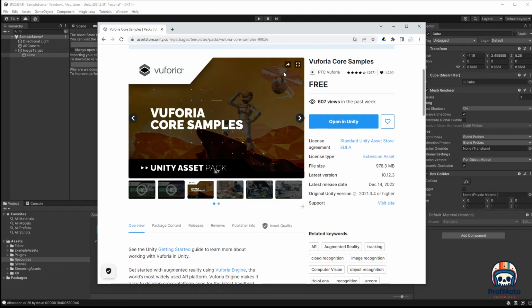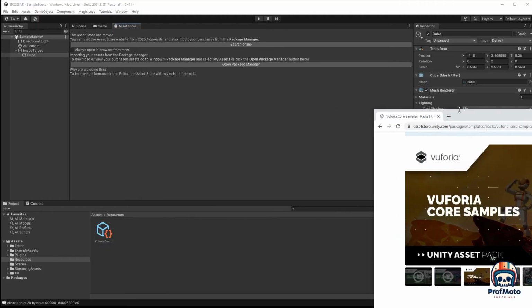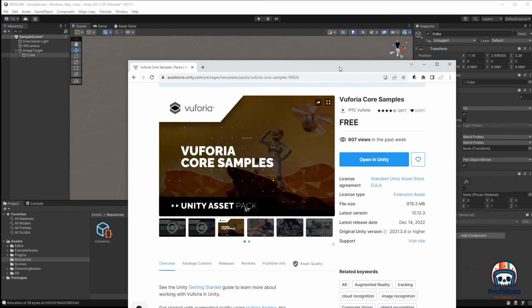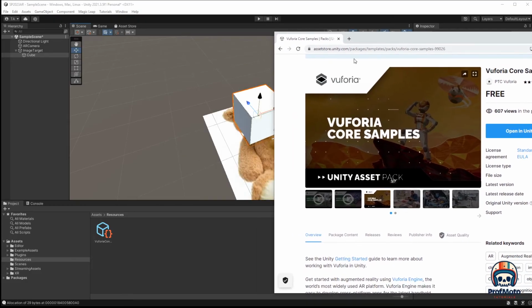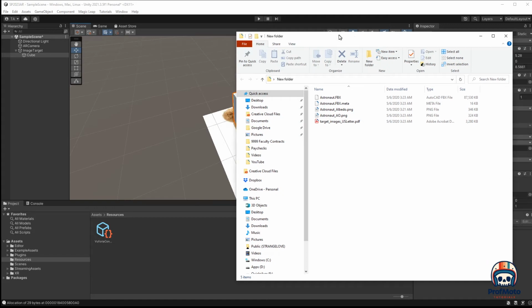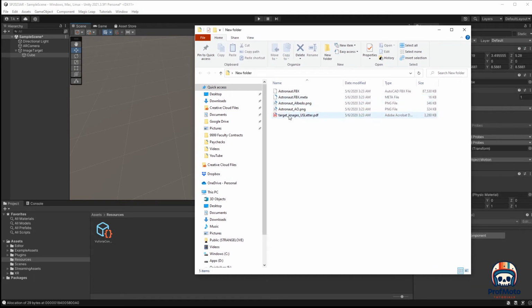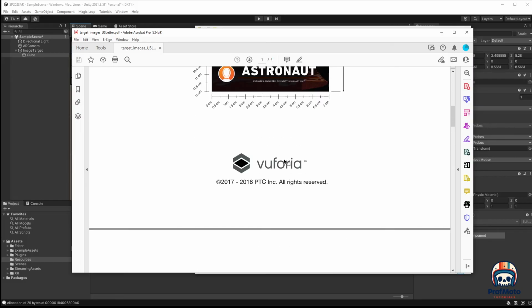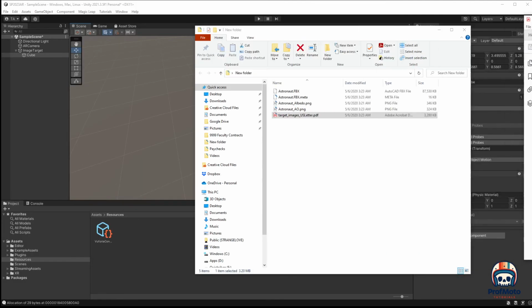So what I have done is instead of opening it in this project we're currently working on, I've created a blank project. I've said open in Unity. I've imported it. And then I have removed a few of the assets that I think are really useful. And now, here are those assets. So this one is a PDF. It's 4 different pages that you can print out and you can use as targets. There is an astronaut